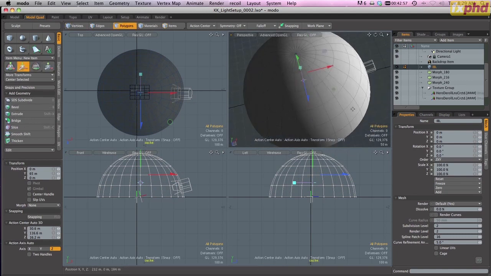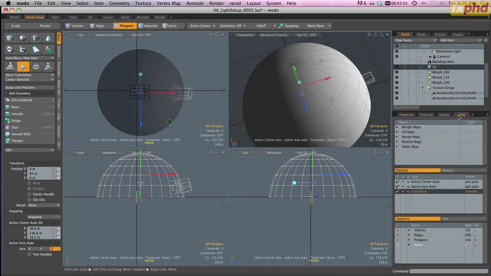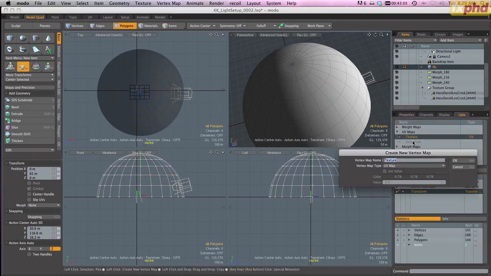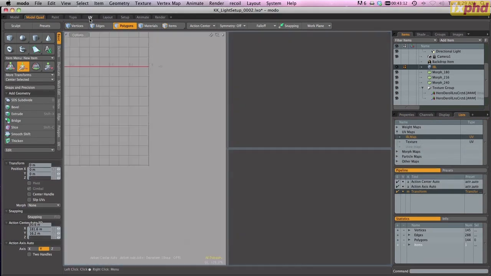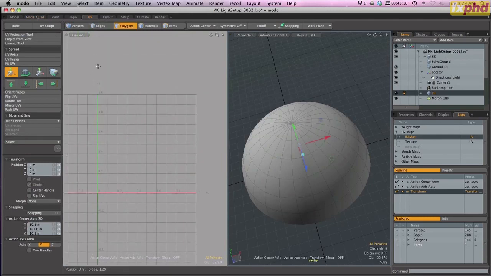So now we have a light dome, but it doesn't have anything on it. It doesn't have our image on it. So the first thing we need to do is make a UV map for it. So we'll go to the list section here, UV maps, say new map, IBL map. Click OK. Go to the UV section, and in this case, what we can do is simply say project from view